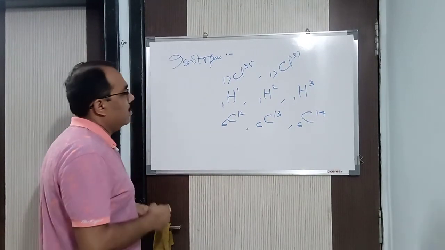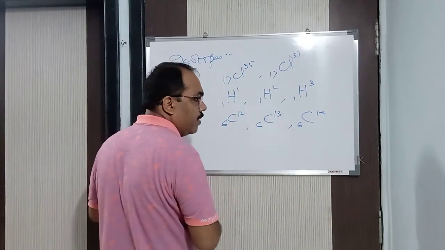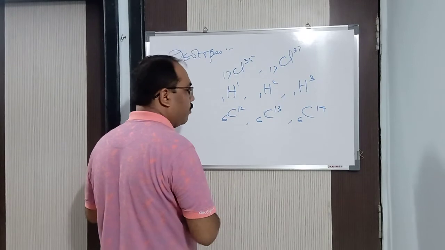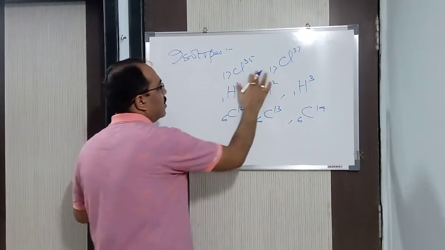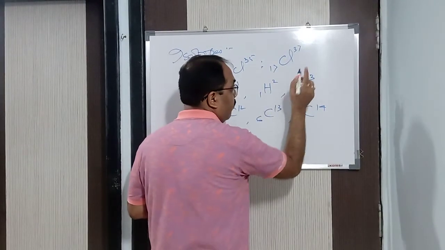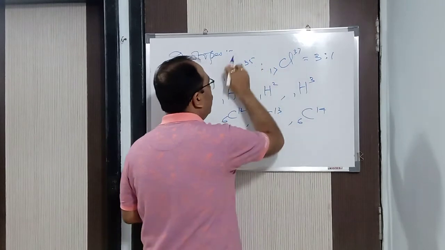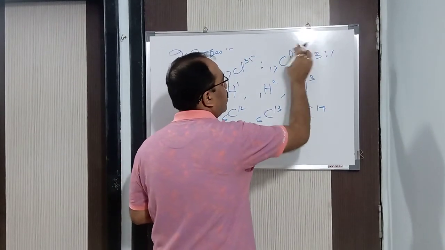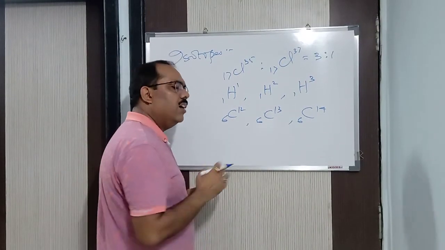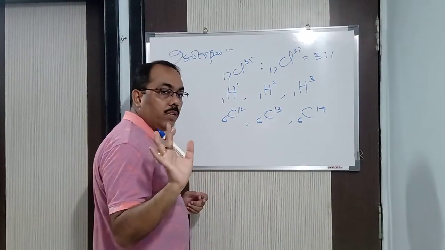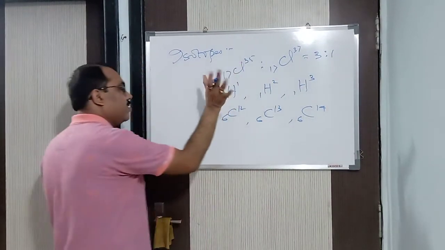Now next is what I was saying, how we are getting the average atomic mass of chlorine, which comes to be 35.5. How do we calculate? See, actually 17Cl35 and 17Cl37 are present, listen carefully, in the ratio of 3:1. I mean 3 parts of 17Cl35 and 1 part of 17Cl37 is present. Now how did you know, sir? I am remembering this particular thing. You do not have to remember. It will be given to you.